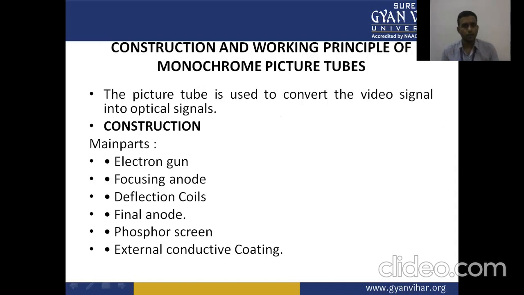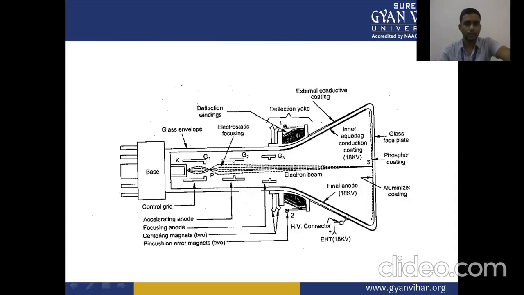The construction of the picture tube has the main parts: electron gun, focusing anode, deflection coils, final anode, phosphor screen, and external conductive coating. So these are the main parts of our monochrome picture tube. In the next section, we will discuss them one by one. So first we will discuss,